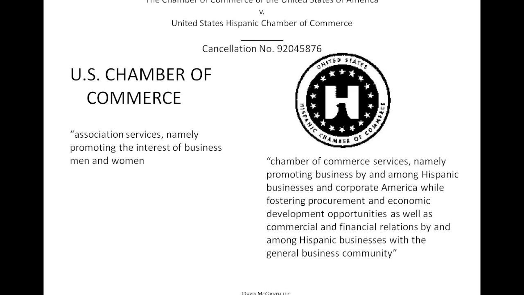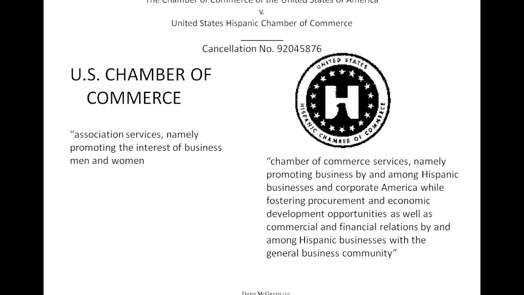Particularly, the board noted that since these elements in both marks are weak, weak marks are generally given only a very limited scope of protection. They then tried to point out some minor cases in which the parties have been actually confused. There was some misdirected mail between the two entities. But in all reality, the board looked at it and said it's really just de minimis types of confusion.